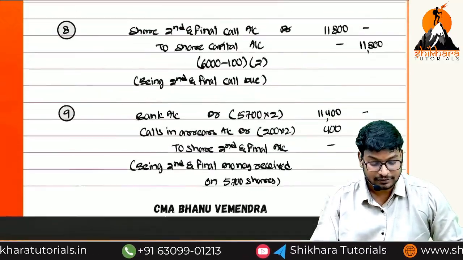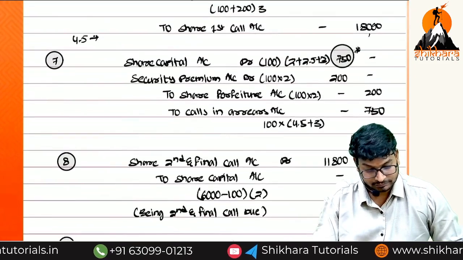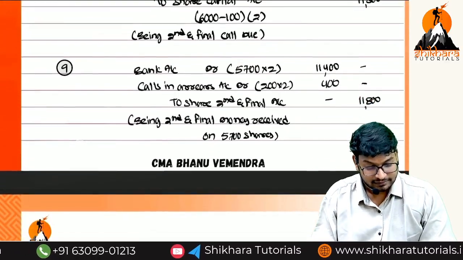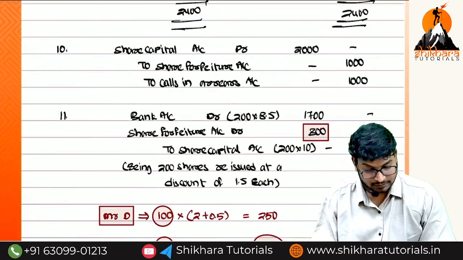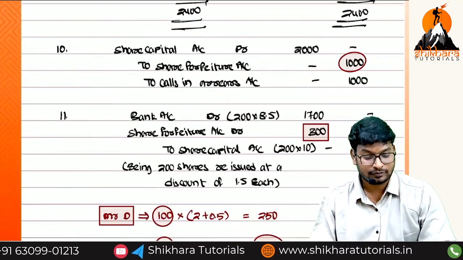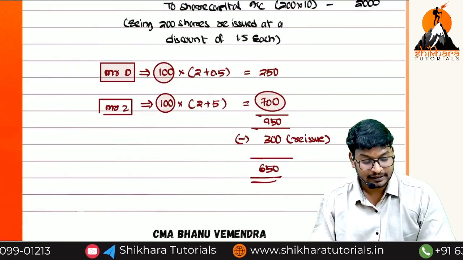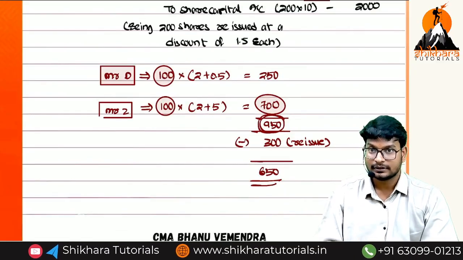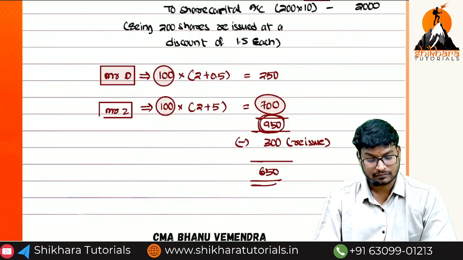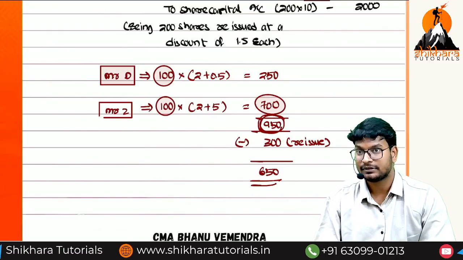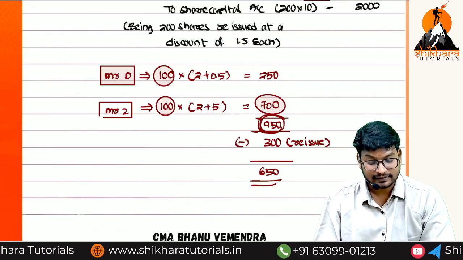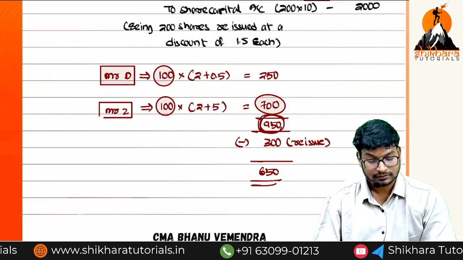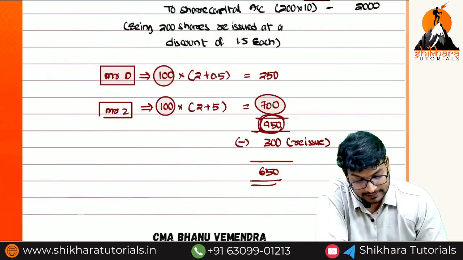What is the share forfeiture we have debited here? We have credited here, ma'am? 200, okay? And then how much have we credited once again at the time of reissue? 1000. What is the total amount, ma'am? 1200. Out of 1200, 950 is completed. Remove the 950, 250. The 250 only. 1200 minus 250, 950. Where is 300? Here, 300.